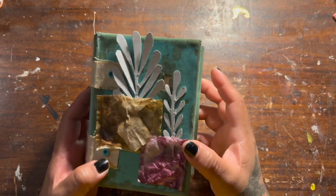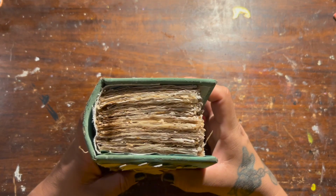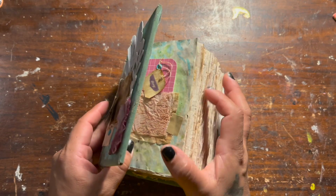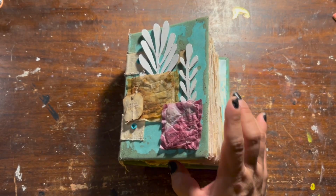Okay guys, it's all done. I love how it came out. I love the chunkiness. I love how the marbling came out. Oh, by the way, I wanted to show you